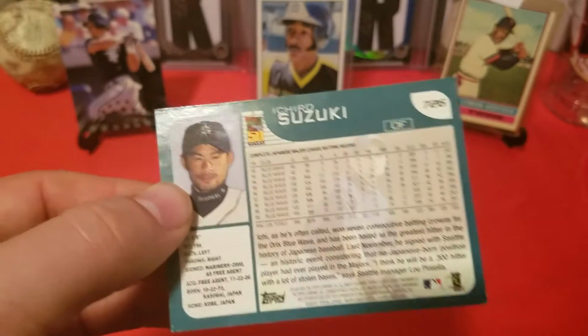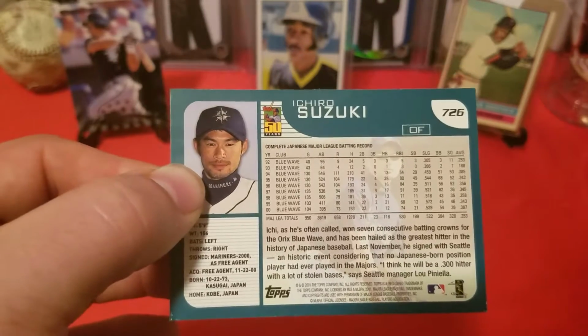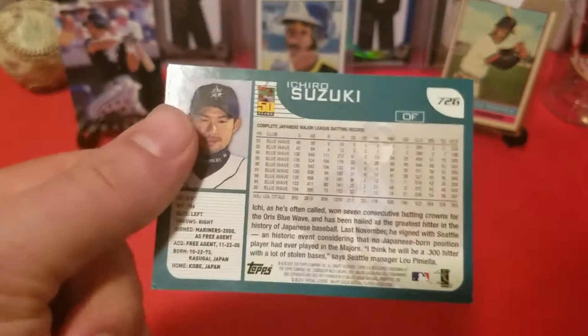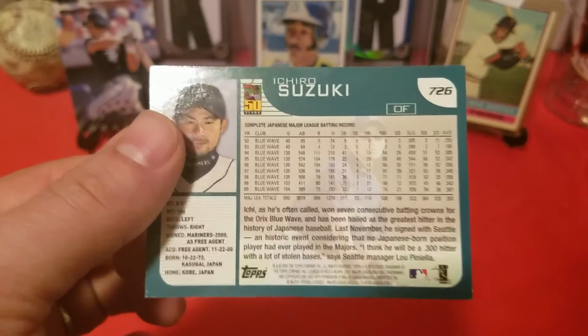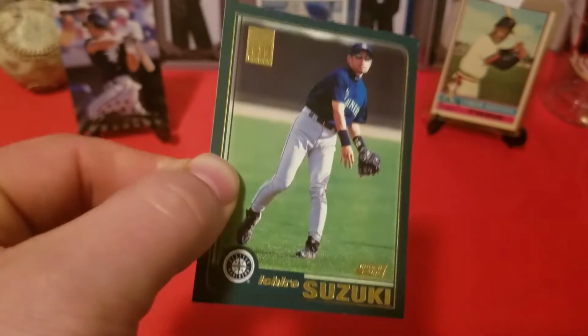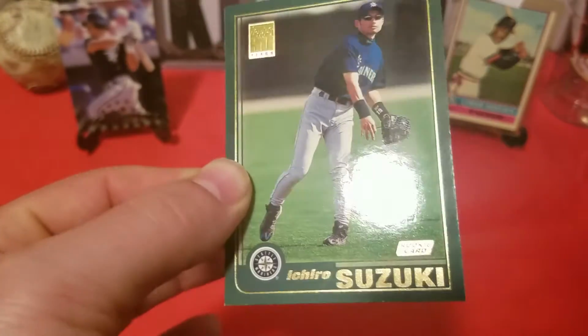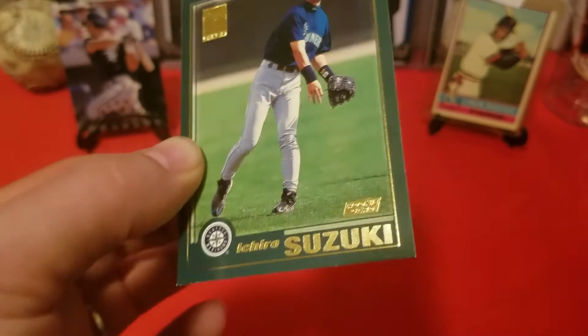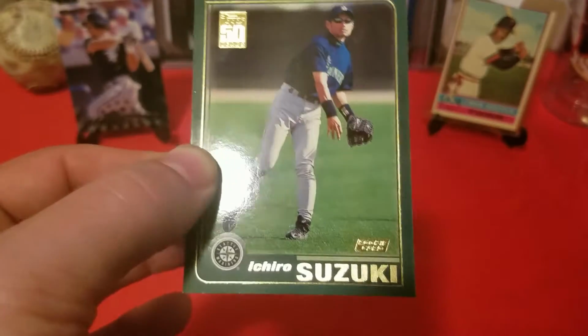I remember watching this guy when I was a kid. Not like a kid, I was in my early teens, I guess. We went to a game in Seattle one time, me and my dad and my brother. And it was during the very beginning of his career, and I remember thinking, oh, his name is Suzuki, I wonder if he's part of the company that makes cars or whatever. I thought he had a really funny name, being Suzuki. I didn't understand Japanese names at that time, so